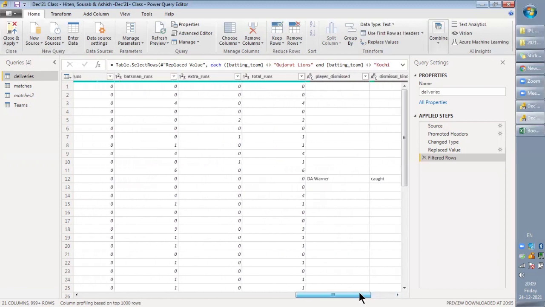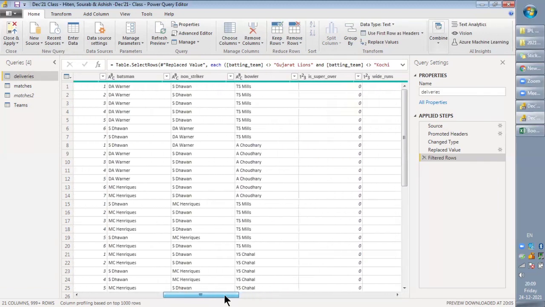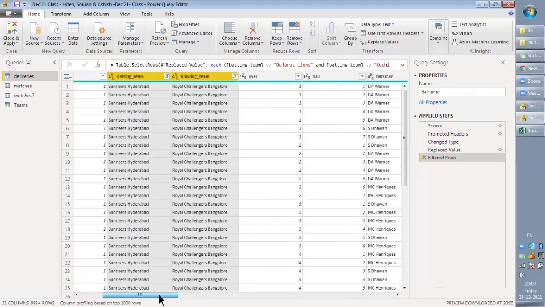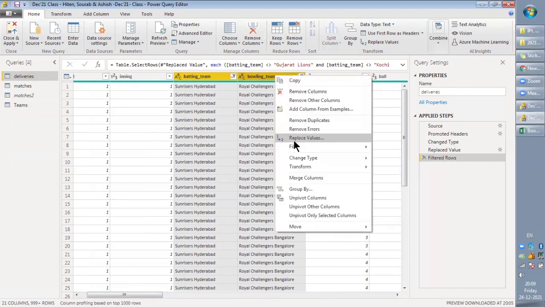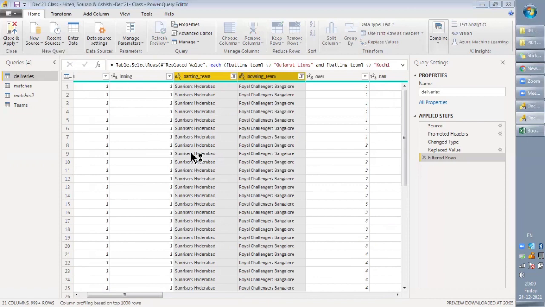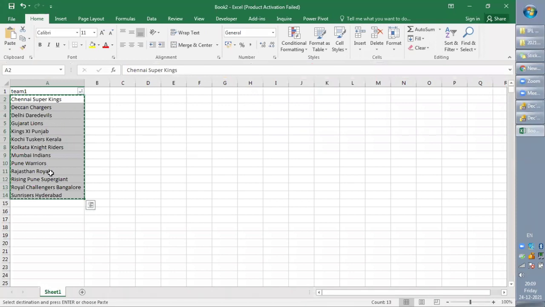Let's make them one team because their names are just different, but they are only one team. So we can just go here and replace only in value. In the starting few sessions they were Deccan Chargers. After that, they became Sunrisers Hyderabad. So I want this there.